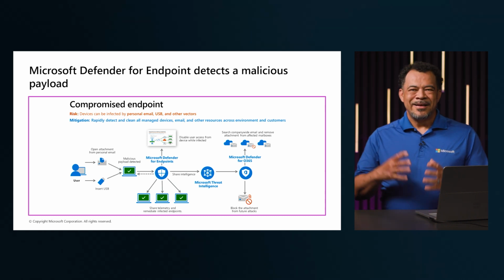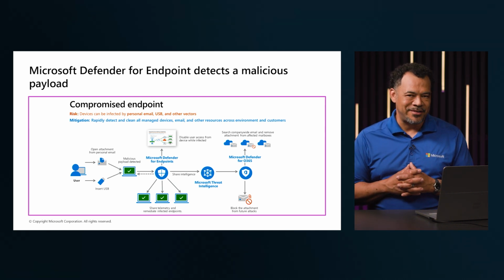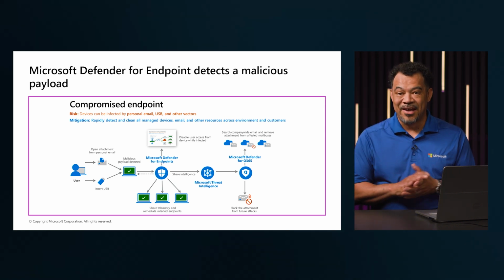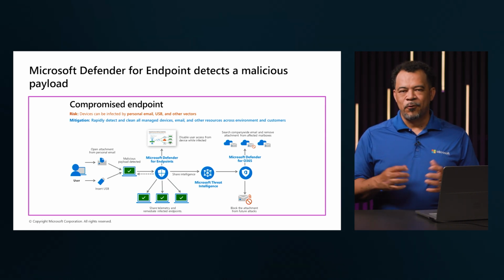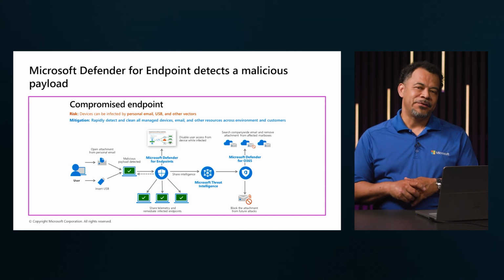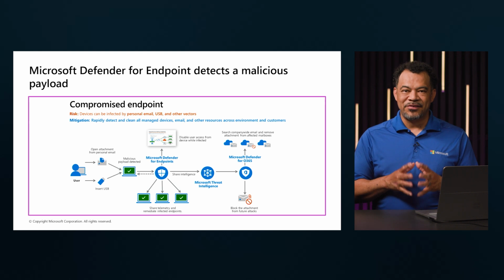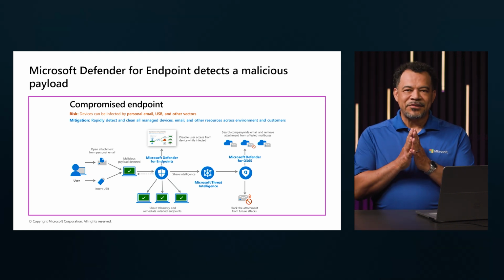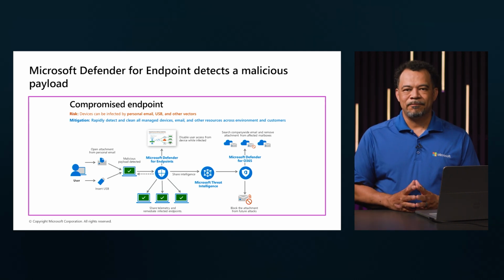Microsoft Defender jumps in right away. As soon as something suspicious is detected, like a malicious attachment, Microsoft Defender for Endpoint steps in to catch it before it spreads. Access gets cut off fast to stop the damage. If a device is compromised, user access is immediately disabled. It's like slamming the brakes to keep the threat from going any further.